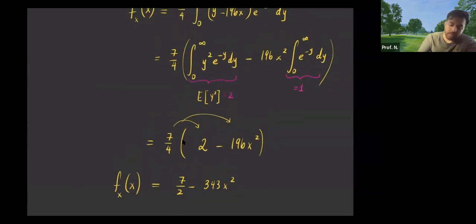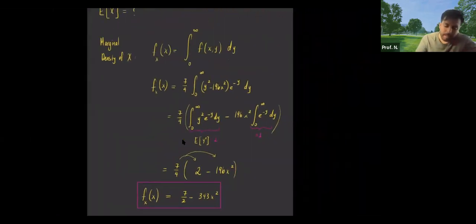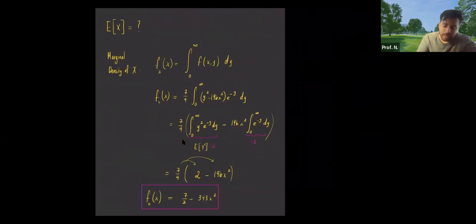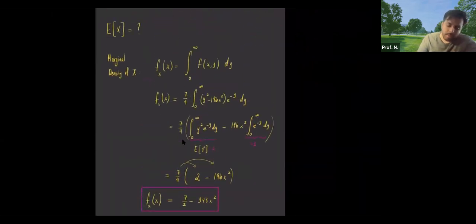So this is the marginal density function. And then we want the expected value. We want the expected value of x. So remember, the expected value of x is x multiplied by the marginal density function from negative infinity to infinity. And the bounds here are symmetric. If you study this, this is an even function.